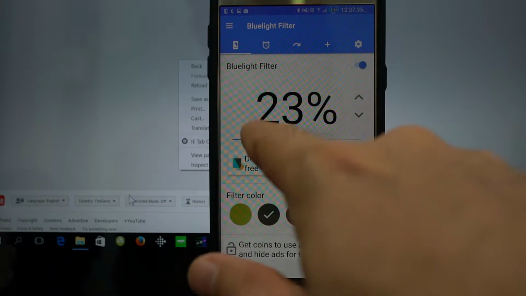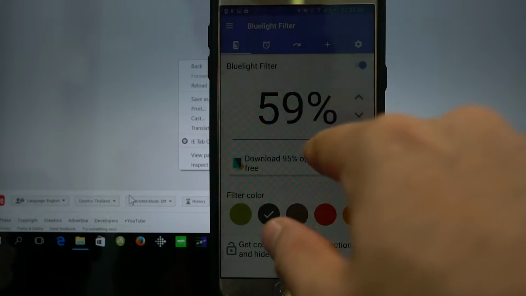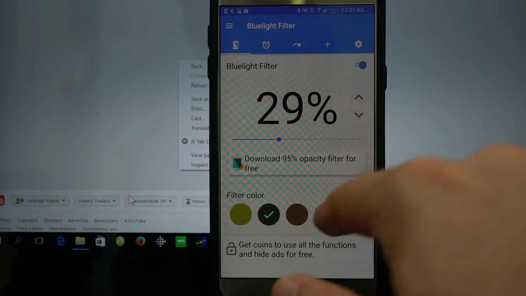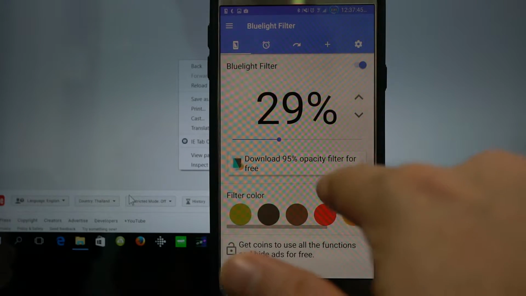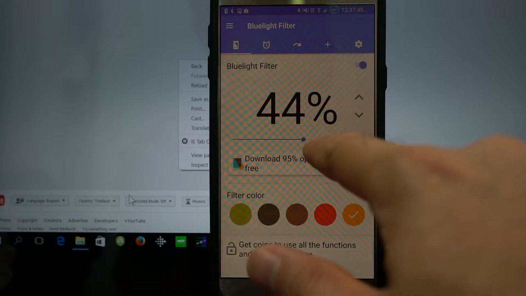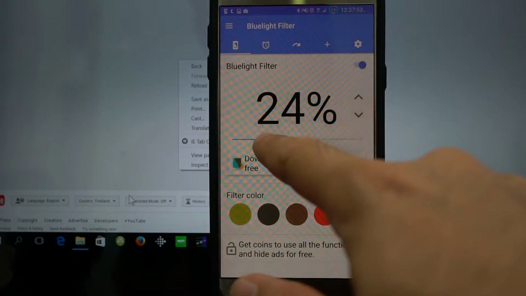If you go black, it will maintain white, but less energy is being released. And if you make it yellowish, it means that it will cut off more blue, so you will get a more reddish color.